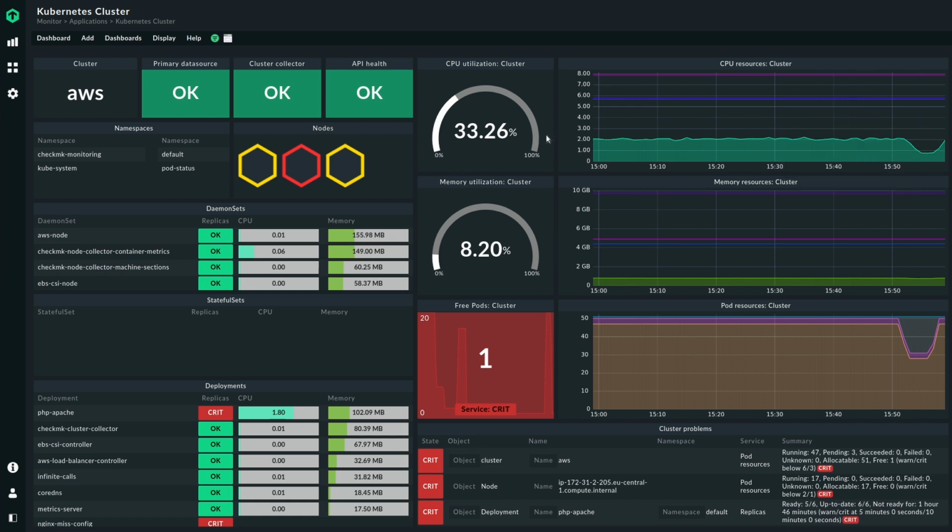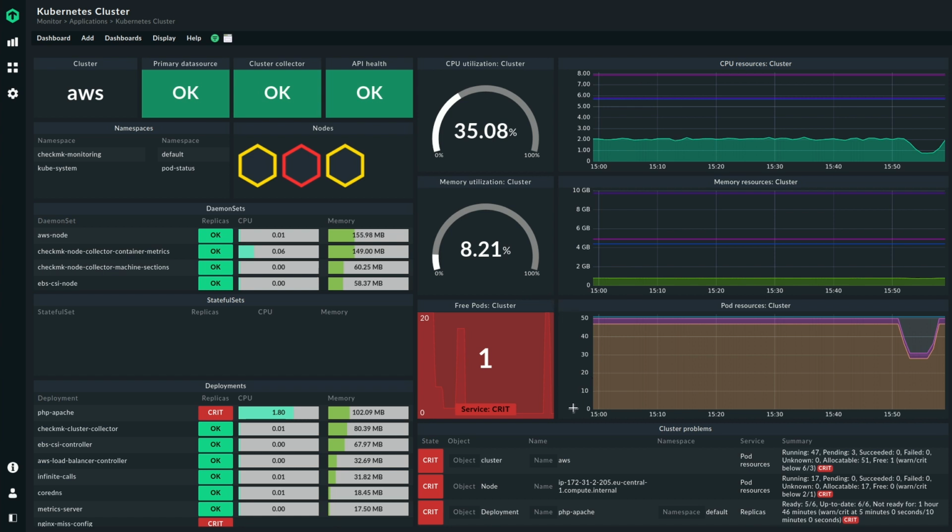You can also see the entire utilization, same for memory utilization. And I can also see how many pods are actually running. I can see that 3 are pending, 1 is free, and I have a total of 51 which I can allocate in this cluster. Which leads me to the first alert which I see here, which is this big red thing, which tells me, hey, there's only 1 free pod in my cluster, which is not too great.